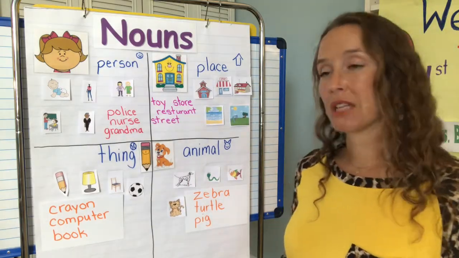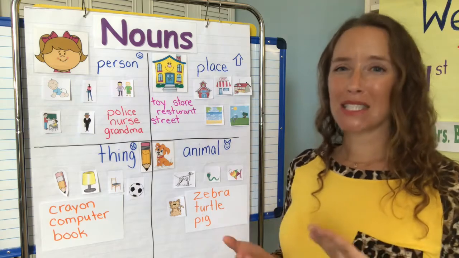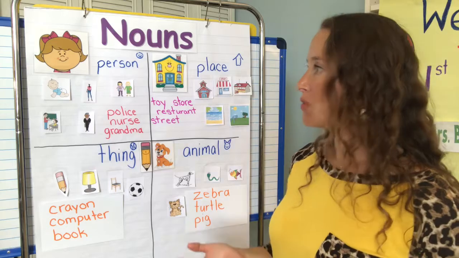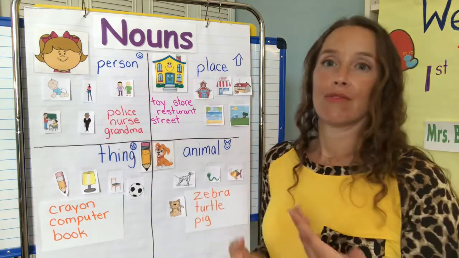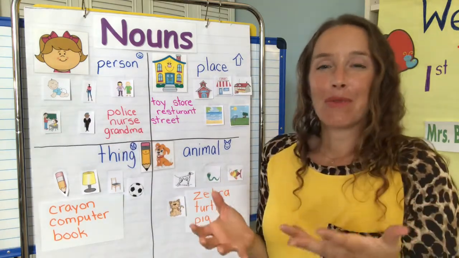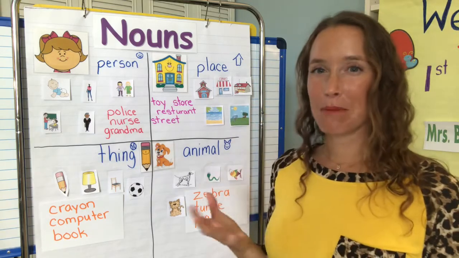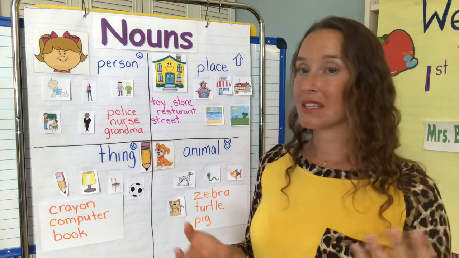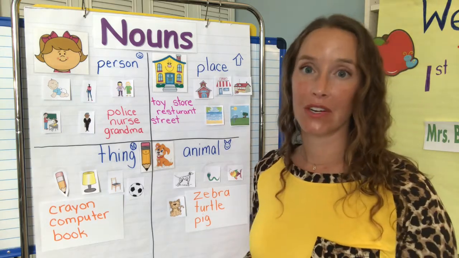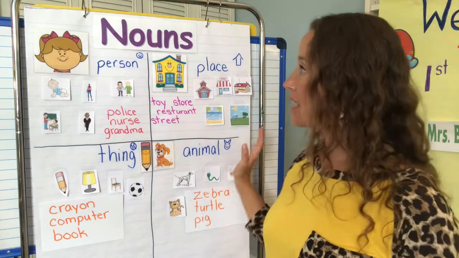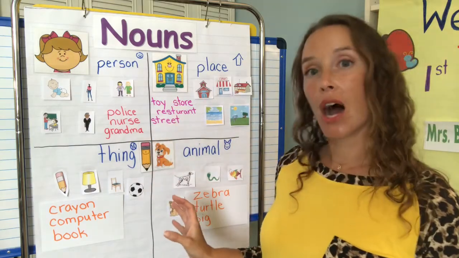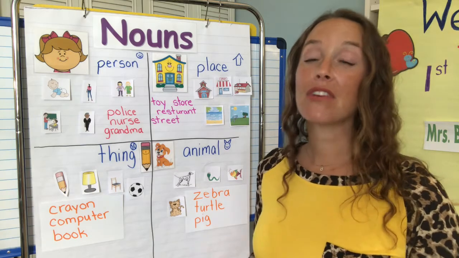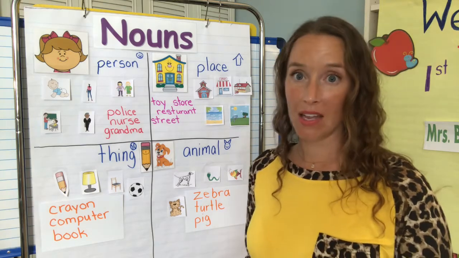They're people, they're places, they're things, but they're not specific nouns. They just tell you in general. So if I said to you, I have a baby, which I don't, you would think about a baby. But if I gave the baby a name, it would still be a noun, but it would be called something different. It would be called a proper noun. So the nouns that we looked at last week are all called common nouns. They are just general nouns. It doesn't tell you specifically who or what I'm talking about.